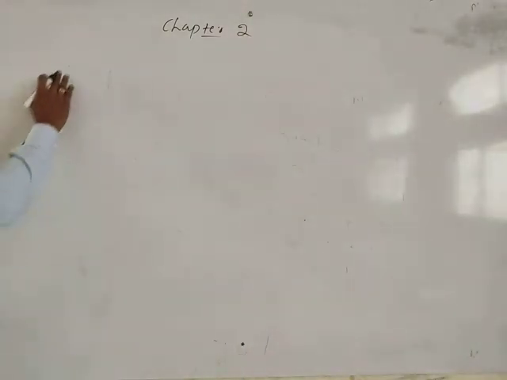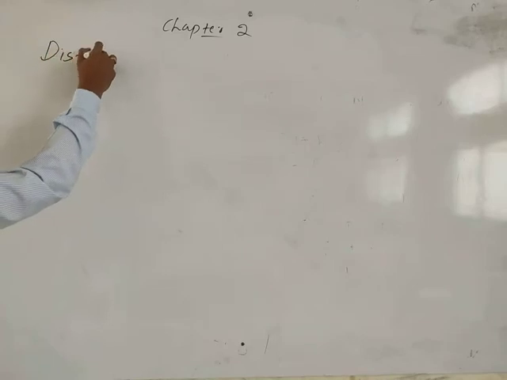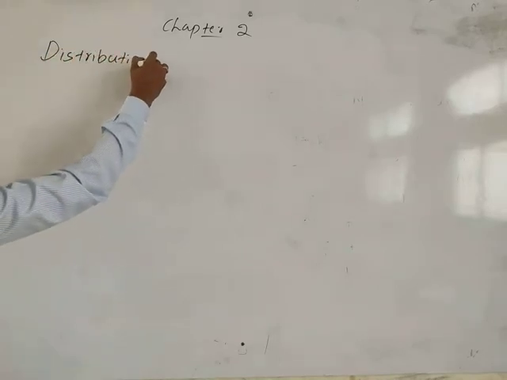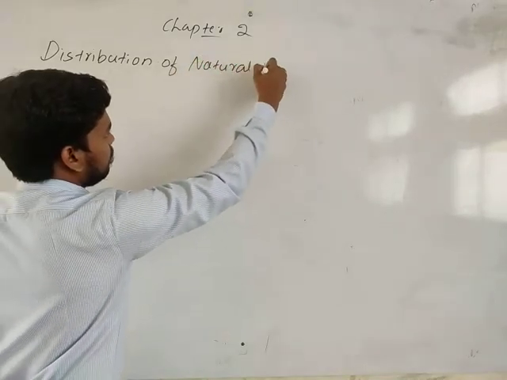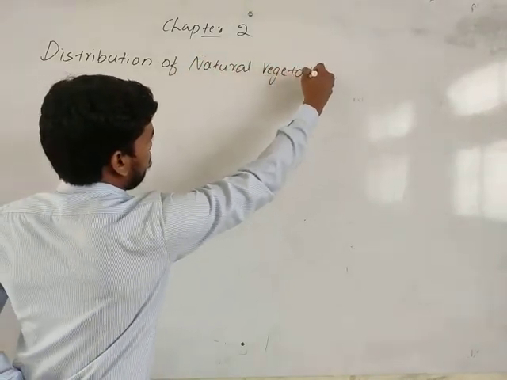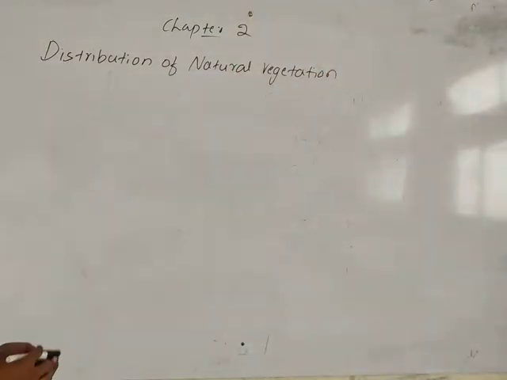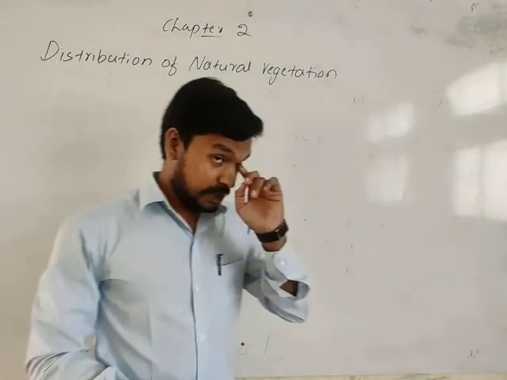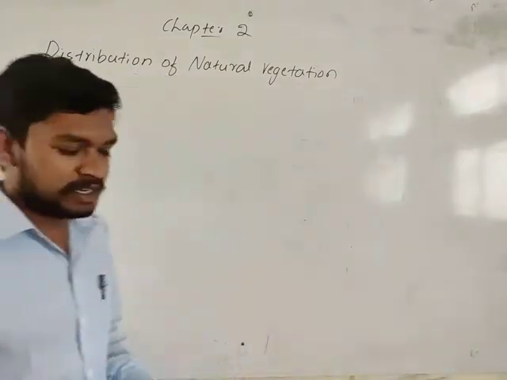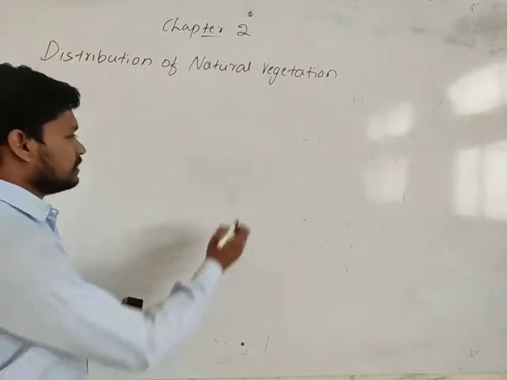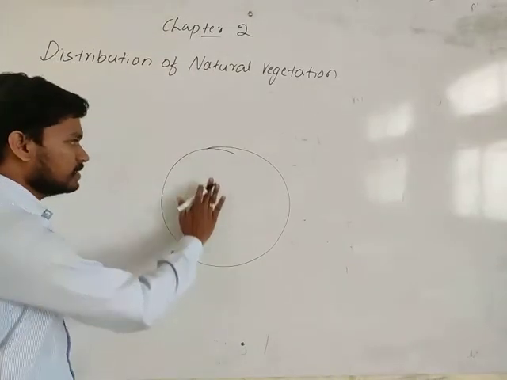One is about the distribution of natural vegetation. You know the distribution, the spread of this natural vegetation. On the earth surface, we get to see different types of natural vegetation. Suppose it's the earth. On the earth surface,